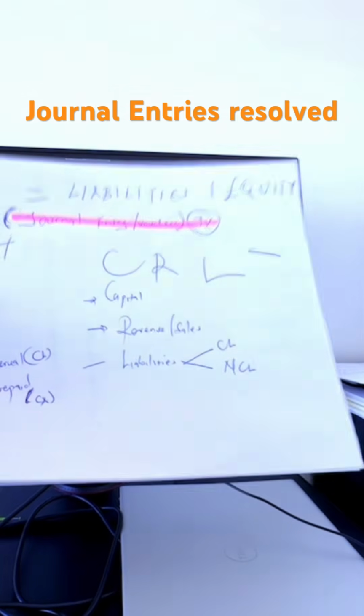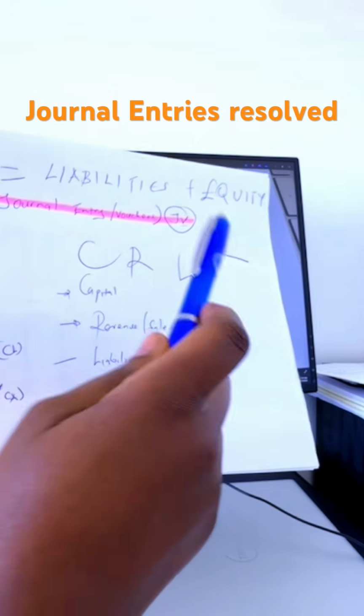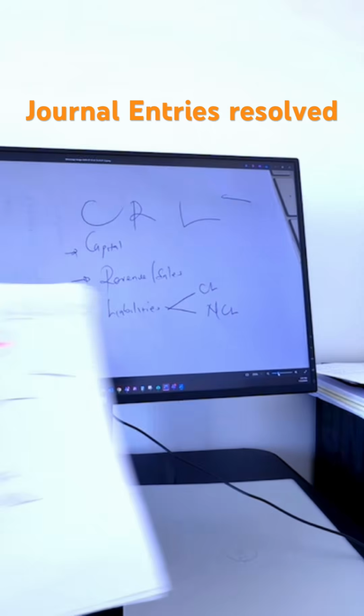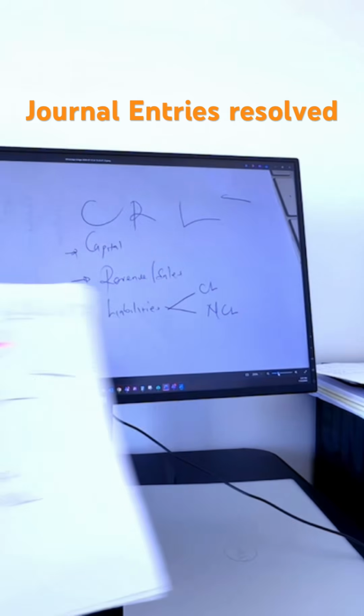I said ADE plus, CRL minus. Here, what do I mean? By ADE, I mean assets, drawings or distribution, then expenses. Then, when I said CRL minus, C I meant capital, R I meant